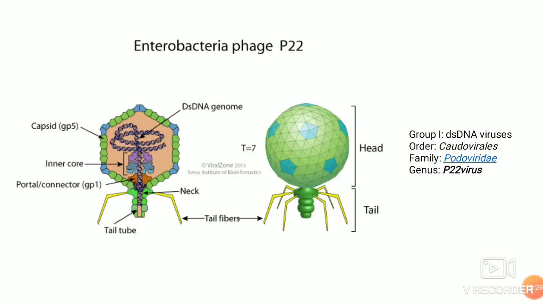Now coming to the next enterobacteria phage, that is P22. This is an interesting phage because it was originally isolated as a lysogen of Salmonella, and study of this has given important developments in aspects of bacterial genetics. Initially in 1952, Zinder and Lederberg were trying to understand Salmonella genes, and they found out that there is generalized transduction carried out by this P22 phage.